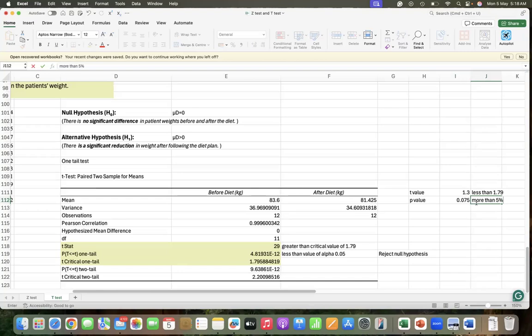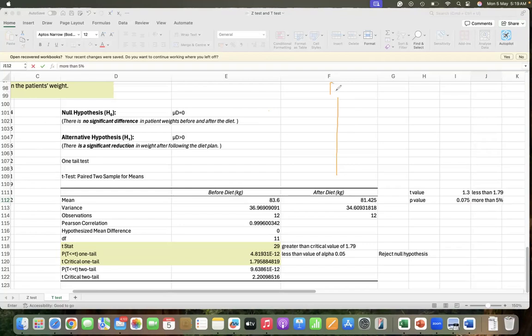So मतलब 5% से ज्यादा है, तो इसका मतलब हम उसको नल हाइपोथेसिस को एक्सेप्ट कर सकते हैं। वी फेल टू रिजेक्ट द नल हाइपोथेसिस।